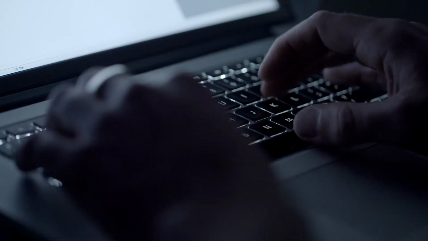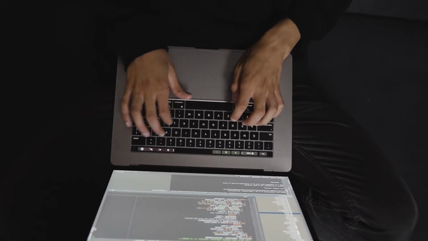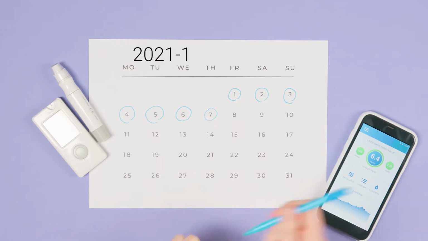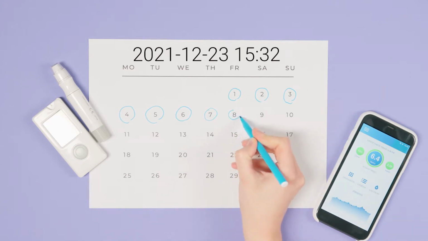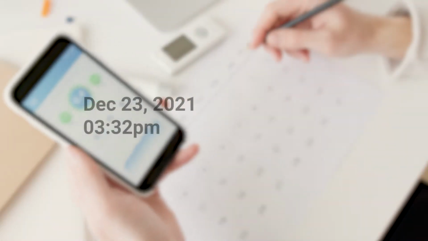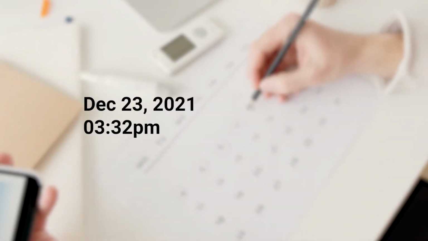So for example, let's say that you code the app on your phone to record a timestamp for the start time, then to record a timestamp for the end time. A unit test will say, okay, we're going to check to see if the start and end times are formatted in a numerical format like 2021, 12, 23, 15, 32. So basically we've got 12 digits here that reference the year of the timestamp, and then the month, that's the 12, 23 is the day, 15 is the hour, and 32 are the minutes. So basically this is saying that this timestamp was made in the year 2021 on December the 23rd at 3:32